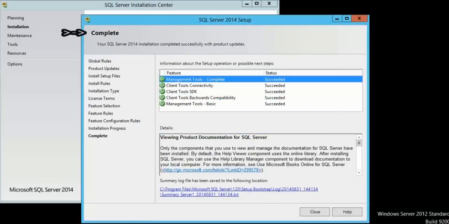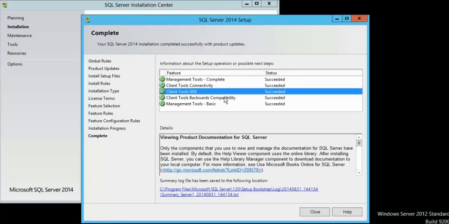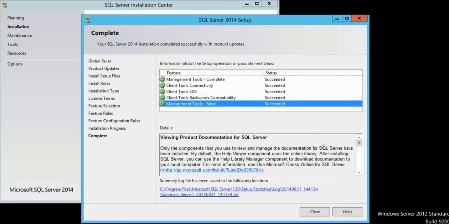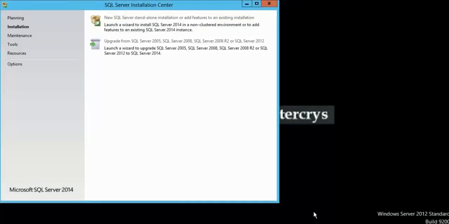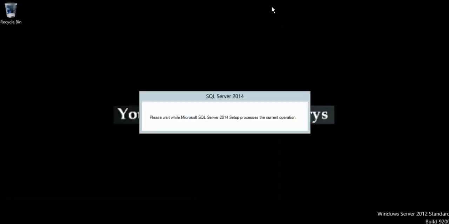So the installation of SQL Server Management Studio has been completed. Depending on your server hardware configuration, the installation of SQL Server Management Studio can take 10 to 20 minutes or more. Let's close the setup window. So now we have successfully installed the SQL Server Management Studio 2014 Express Edition. Now let's see how you can use SQL